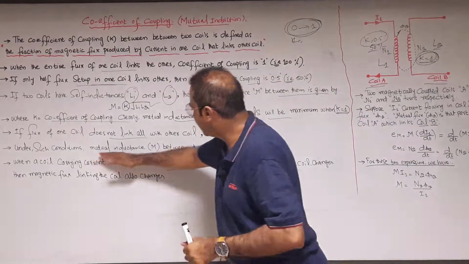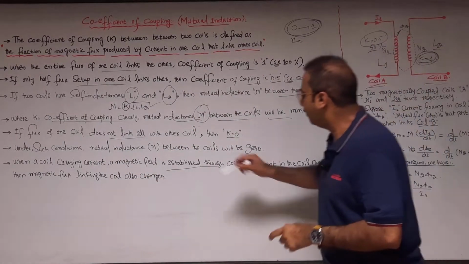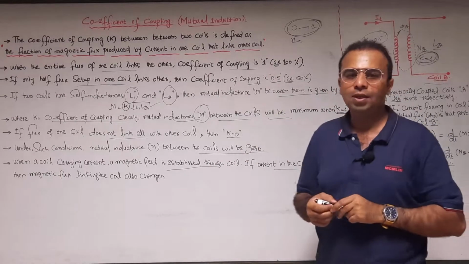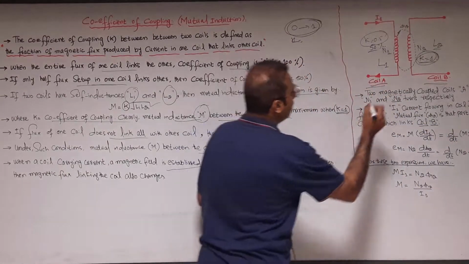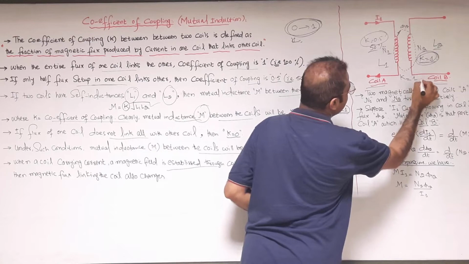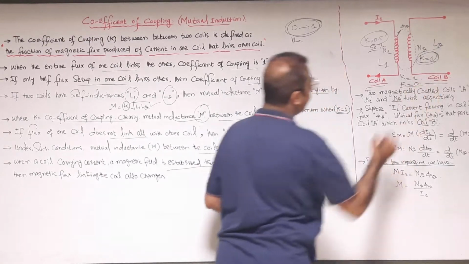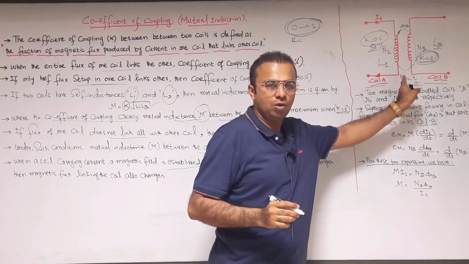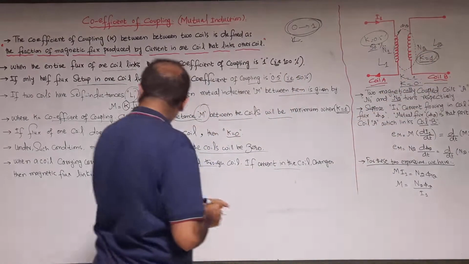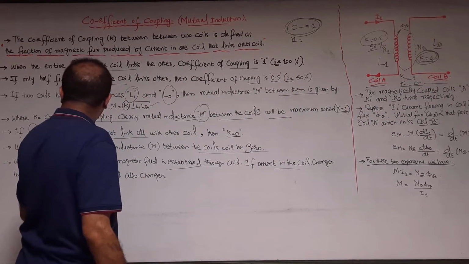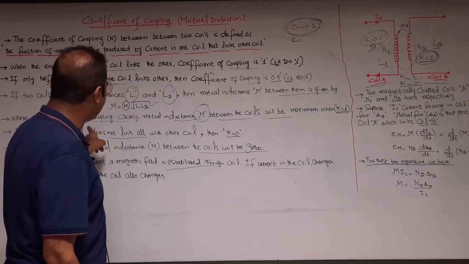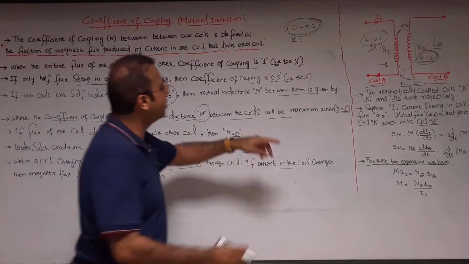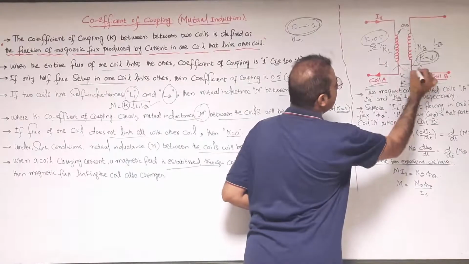So under such conditions, the mutual inductance between the two coils will be equal to 0. Again, I am writing these conditions: k is equal to 0 and k is equal to 1. If k is equal to 1, meaning the coefficient of coupling between these two coils is equal to 1, then in such conditions the mutual inductance, now in this condition whenever k is